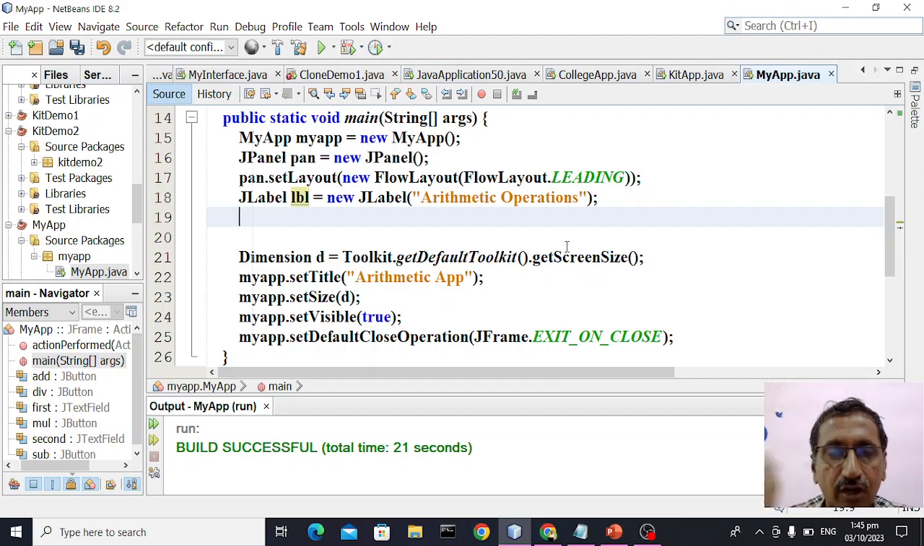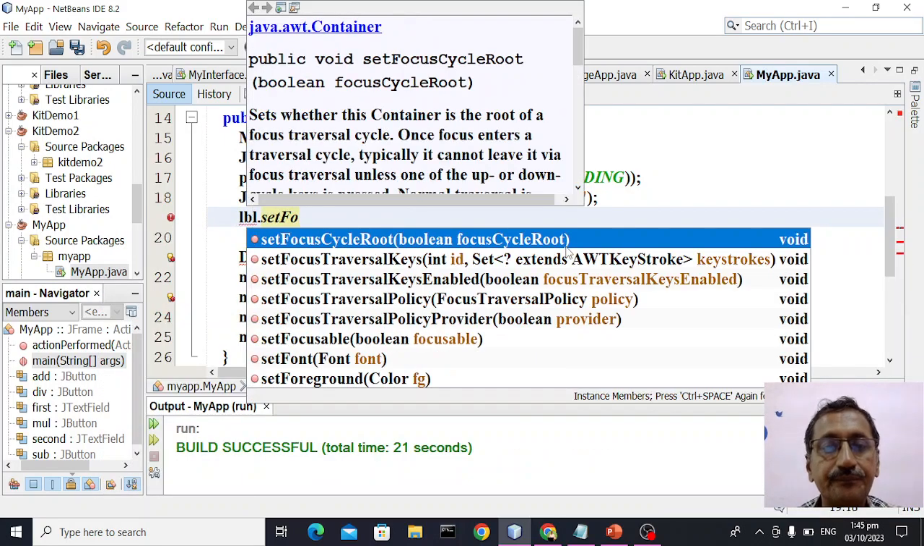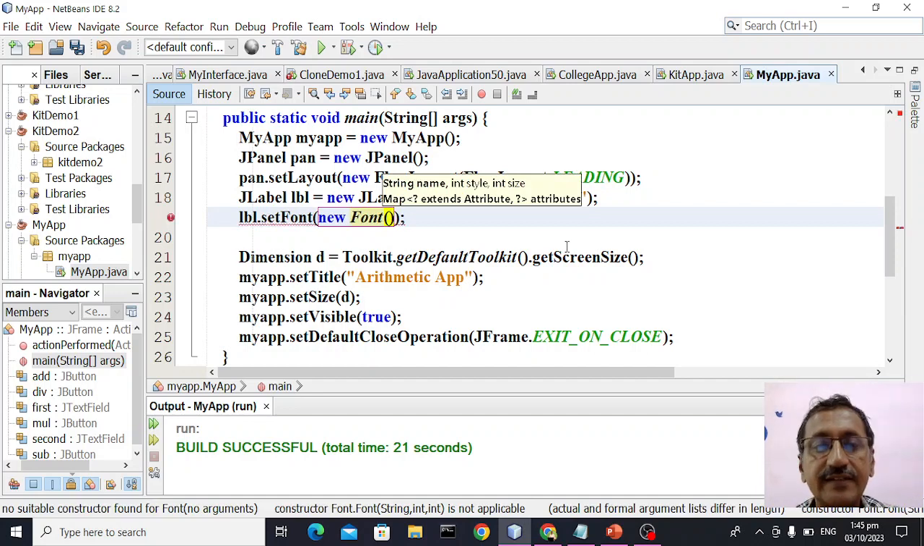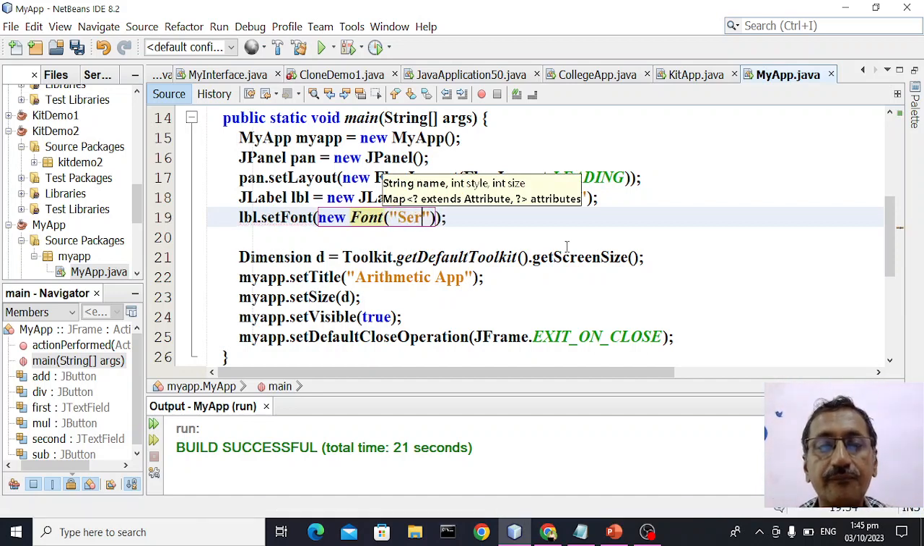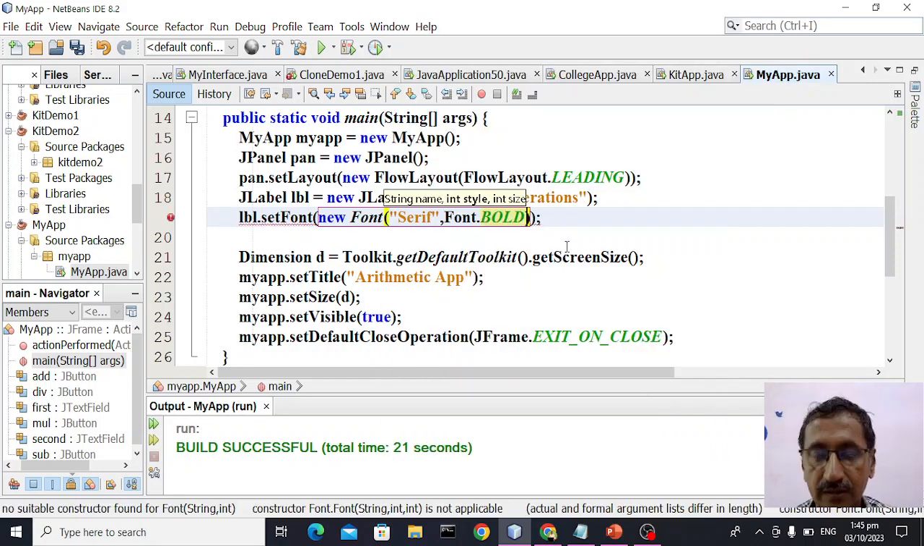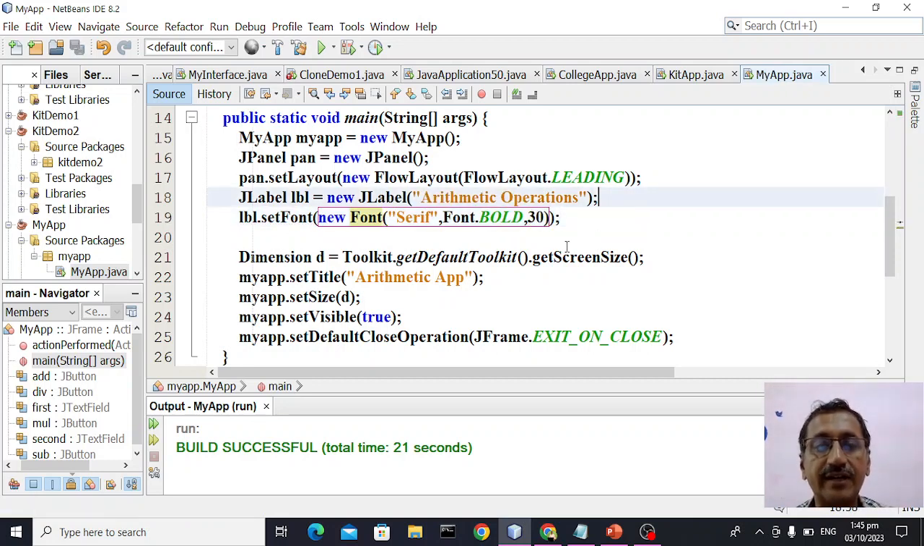Then I want to set a font for this label. So I'll say lbl.setFont, and you have to get a new Font: new Font of Serif, then Font.BOLD, then font size of some 30. Okay, fine, we have created the label. First we'll create all the components, then we'll add them into the panel. The next step is